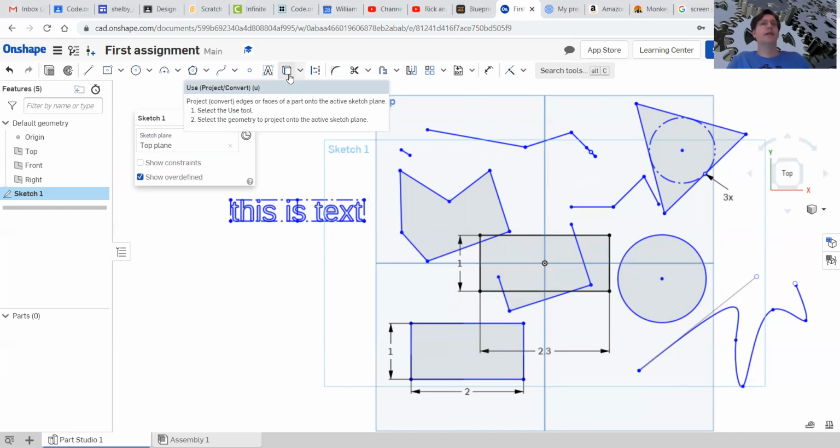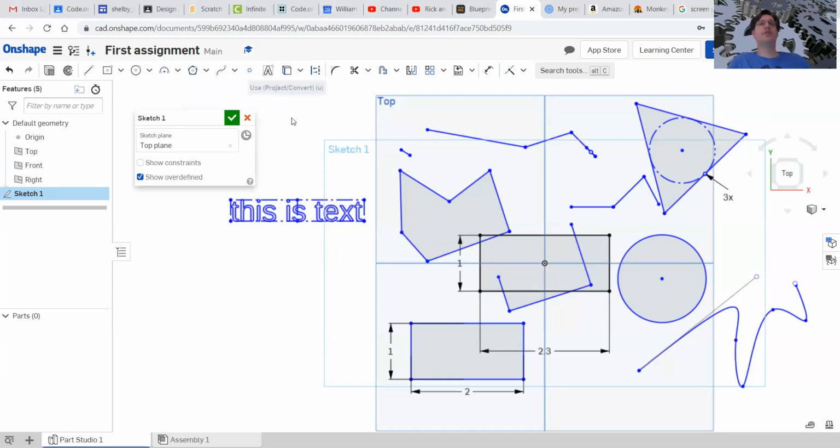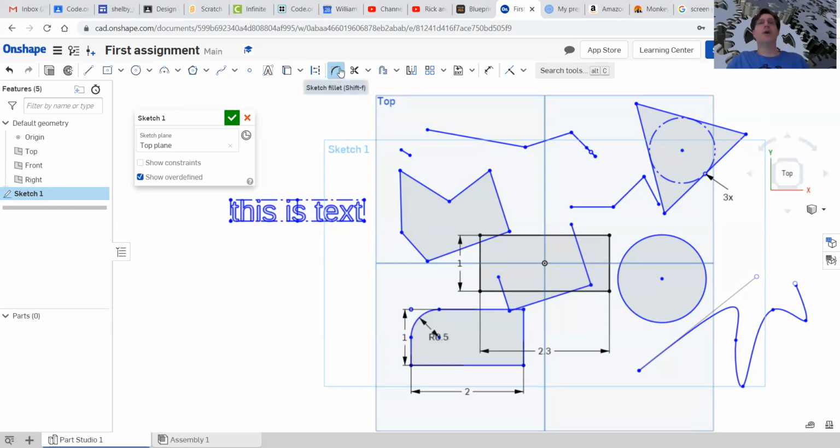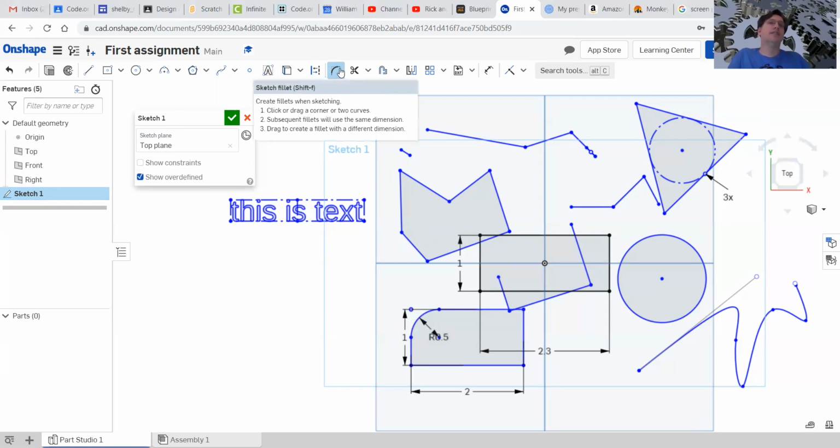Project geometry here, you're going to use it eventually. Fillet, you take two sides of something and then you can round it. You might look at that word and say, that kind of looks like fillet, like a